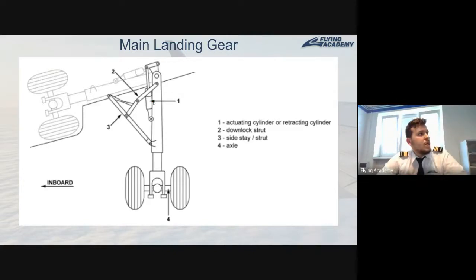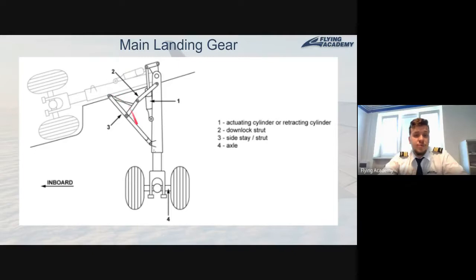But the problem in retractable landing gears is not only to move the landing gears into the down or up position. The problem for retractable landing gears is that if our landing gear is extended, lowered, or in the down position, it is supposed to be fixed in that position. And when I say fixed, I mean that if we perform a landing, even a hard landing, our landing gear is still supposed to be in the same place. The landing gear shall not be retracted back at the moment of touchdown, for example, or at the moment when you're taxiing over the ground.